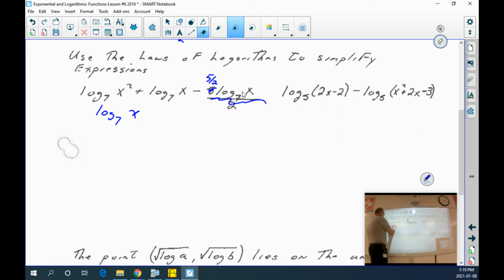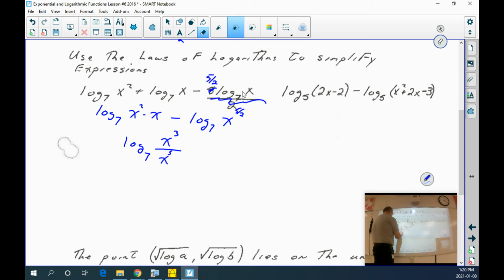Log base 7 of x squared times x minus, now I am going to shake up that 5/2. I have to, because I do not have a law of logarithms that has a number between them. I only have the logarithm minus a logarithm, so I have to shake up that exponent. In this case, I didn't shake up a negative. Fine. Now I have log base 7 of x cubed over x to the 5/3. Performing your exponent laws on this,